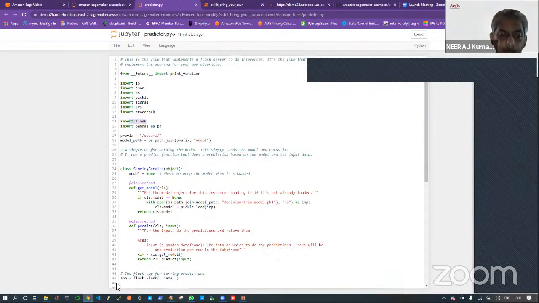So it is a Flask application. See here, I am creating the instance of my Flask application, flask.Flask name. So this complete Python script will be running as a Flask application inside the container, because I am putting the complete decision tree folder itself inside the container. So it will start running this program, my application, as a Flask application.